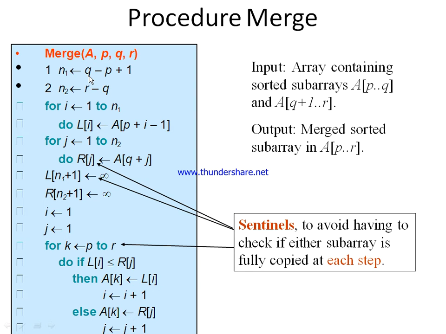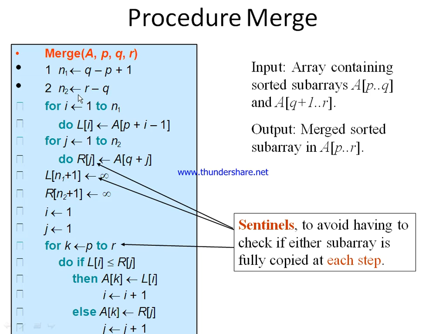I am considering Q as the first half. Divide the first initial and next you can call. So here first half, that is 4. So 4 minus 2. If I am considering Q as 4, then you can consider indexes as 0, 1, 2, 3. Depending on that, you can consider the indexes, either 0 or 1 for P, that is the starting index, Q is the middle partition, and R is the ending index. So N1 is calculated as index value, that is Q minus P plus 1.